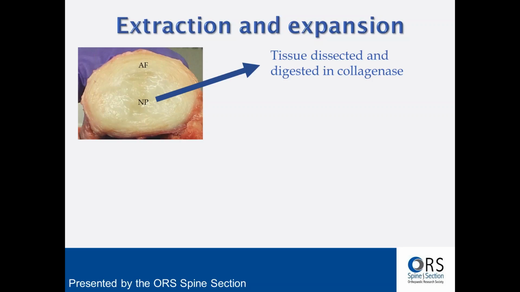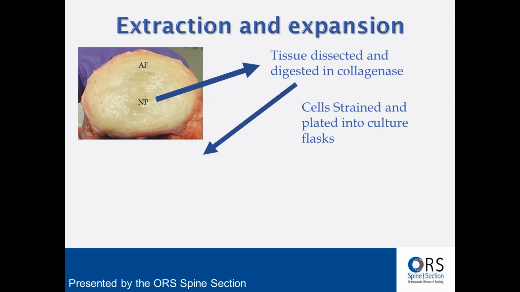The collagenase works very effectively because it dissolves or digests all of the type 2 collagen within the nucleus pulposus, or type 1 and type 2 collagen in the annulus fibrosus. And this releases the cells from the tissue. These cells can then be strained through a cell strainer and plated into culture flasks where they can be left